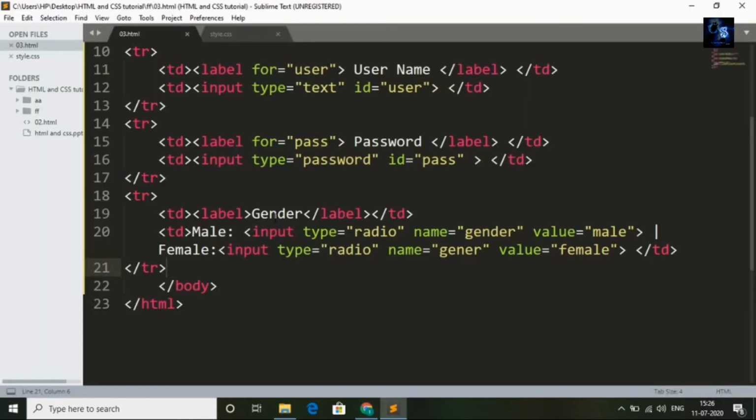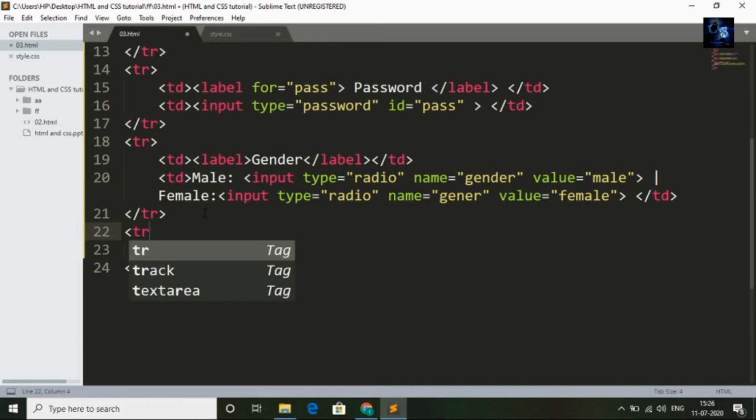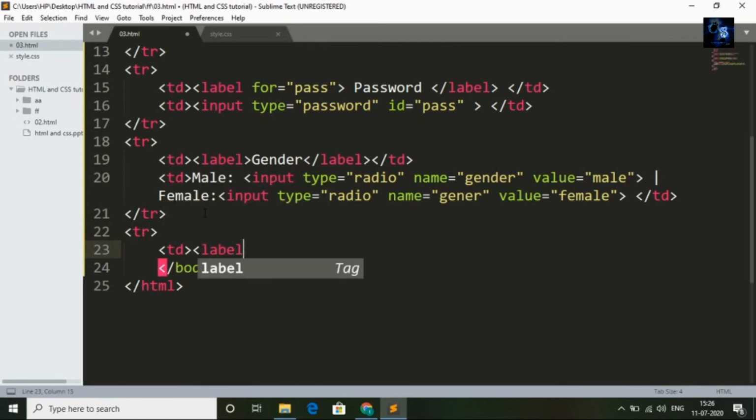I will come back to the editor and this time I will ask the user to enter their skills. I want to know the skills of my employees. So I will create one option for skill. TR, TD, label, skills, and closing tag.